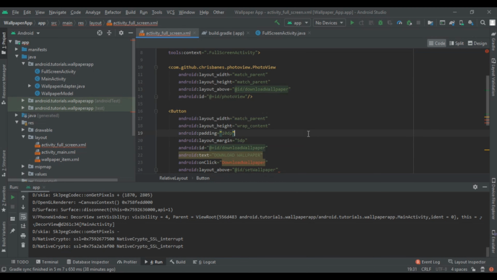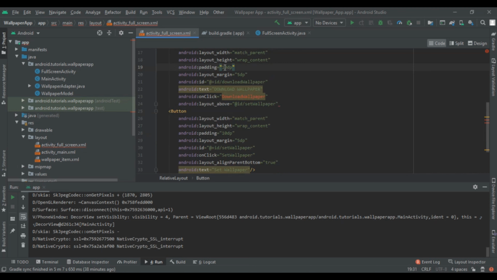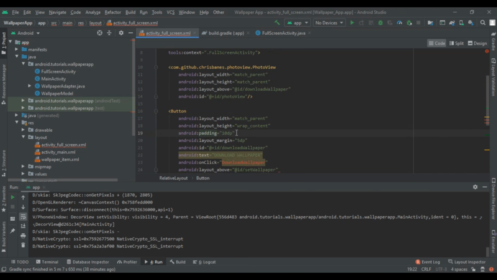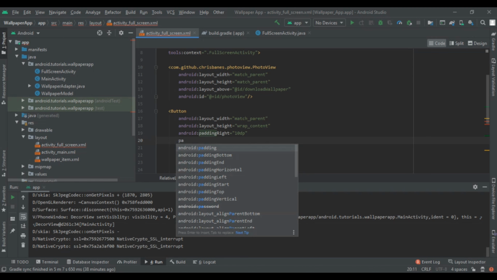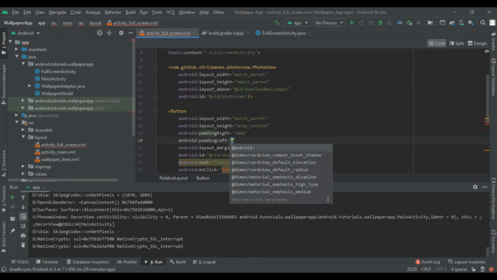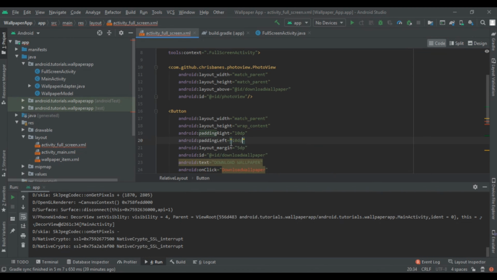And instead of giving padding to the full size, we are going to give padding to the right and left. So padding right will be 10 dp, and with that padding left also will be 10 dp. So here our design part is completed.